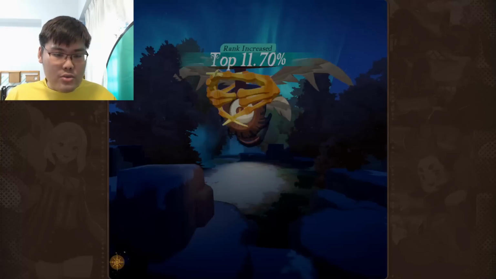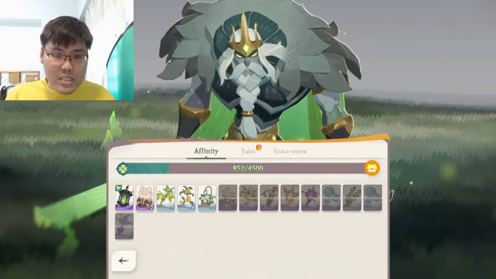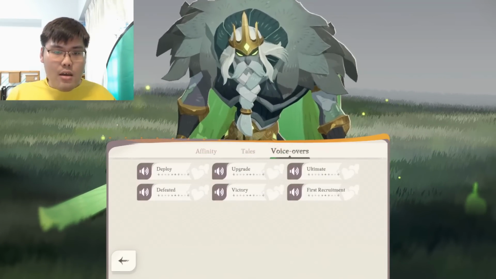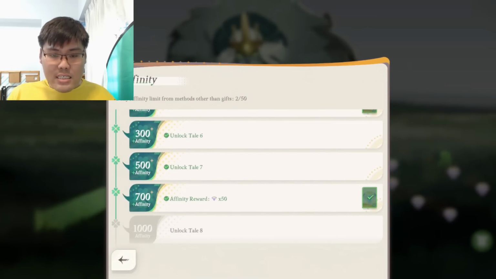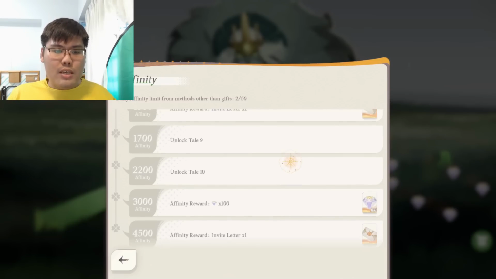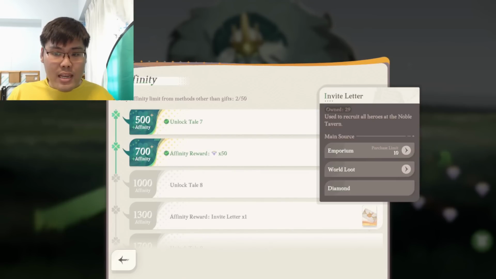If we go into the character specifically, I use Torrent. Go into affinity, top right hand side. This is the affinity system. Unlocking the affinity system gives you more stories of the character, the voiceovers, as well as some freebies over here. You can see you get gems, you get invite letters. The more you use your unit, eventually you will get to 3000 affinity. Your primary goal is to get to 1300, so you get 1 invite letter